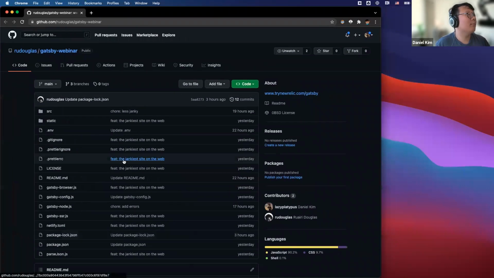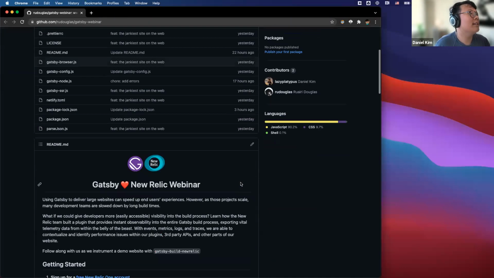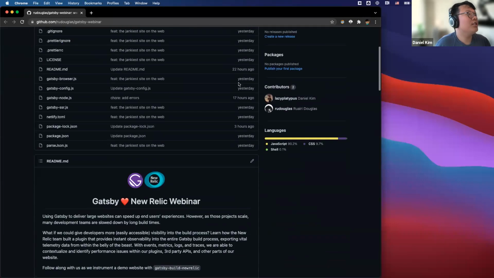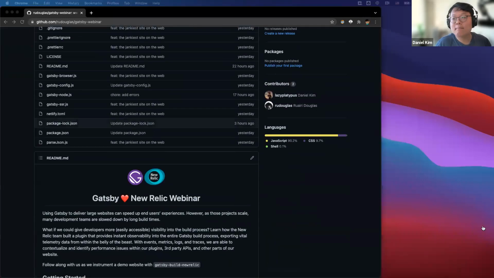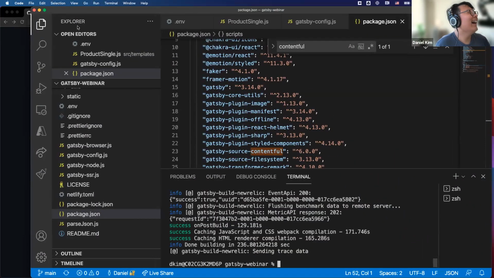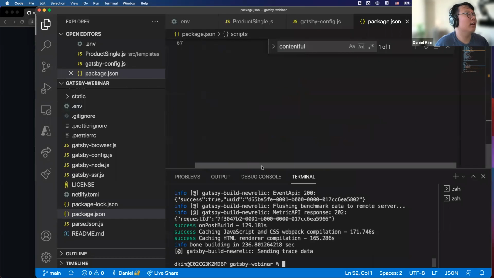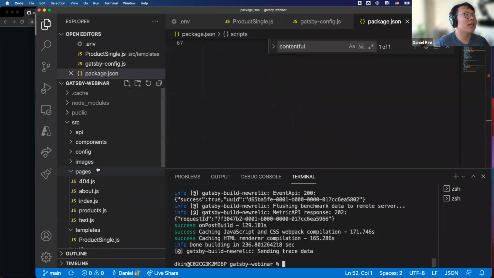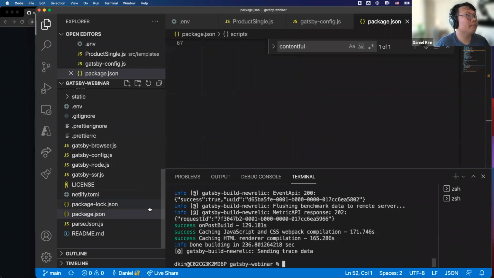So this is the GitHub repo. The first thing you want to do is clone this onto your local machine. Because of the magic of having things pulled up already, I already have my VS Code with everything just cloned. I have made zero changes. It's just cloned into my repo.